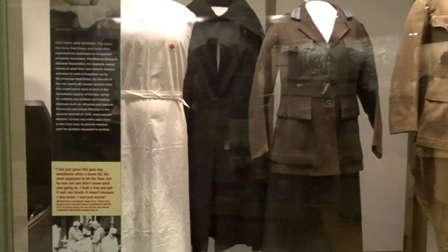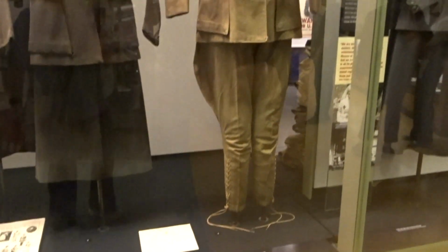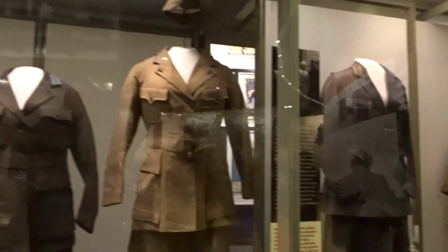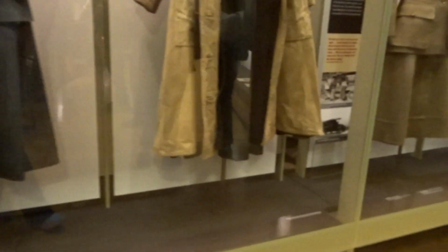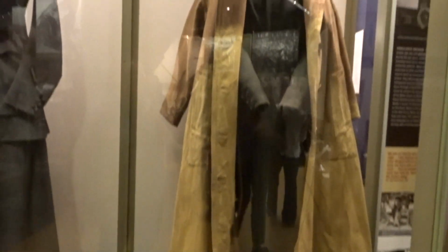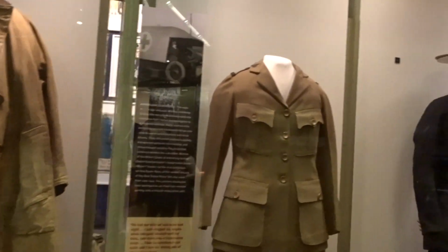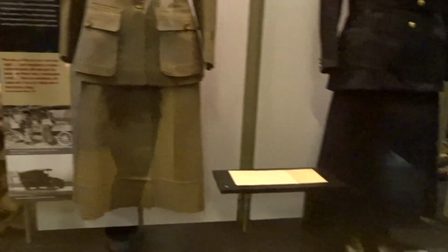And yeah, I really enjoy these kinds of museums because they make you stop to think about things that happened in the past. And it's just very interesting. I know I've said that word 1,000 times, but I really enjoyed seeing the women's uniforms,